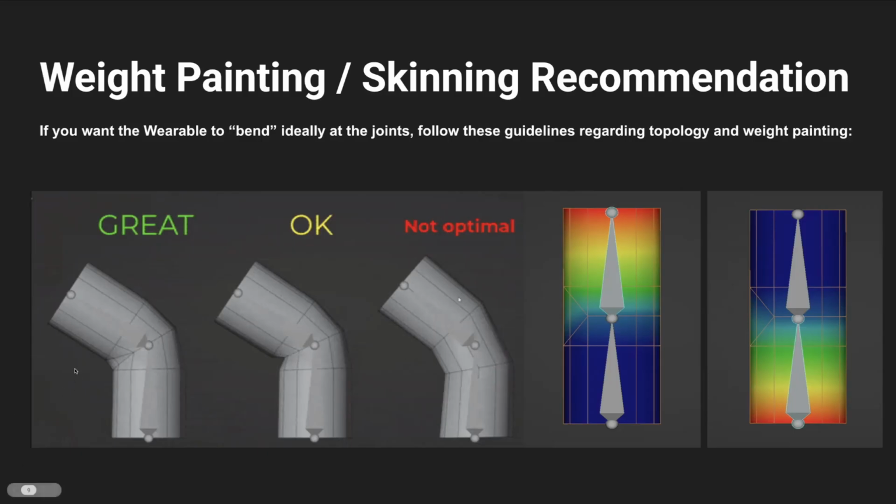So furthest on the left here, we have an ideal scenario of very few loops, but we've just got a little cut here behind the knee, which allows for a really nice bending shape. Next to that in the middle, we have another scenario, which is good, but it could be better. And then we have the not optimal solution, where it is bending, but it's not bending like a joint would